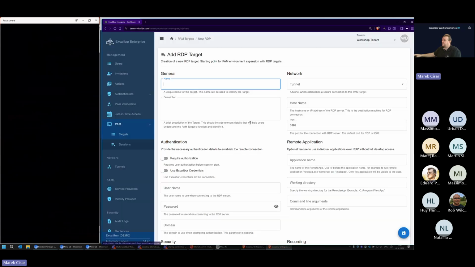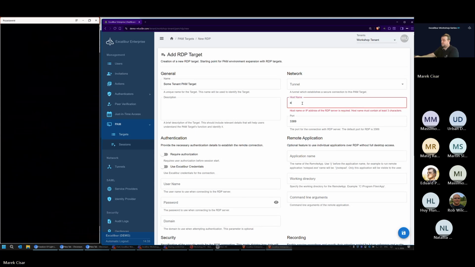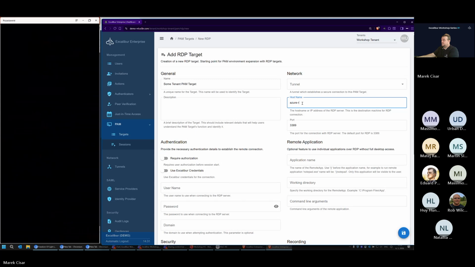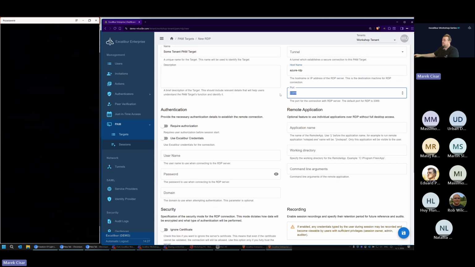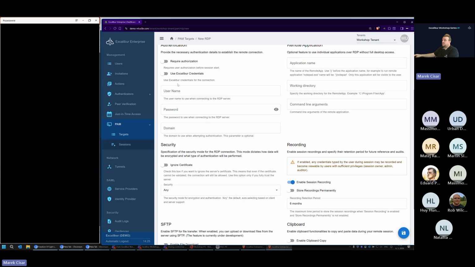For example, the RDP target, I will call it some tenant target, and I will use hostname, for example. Hostname, like such. It is Windows, so the port is fine.